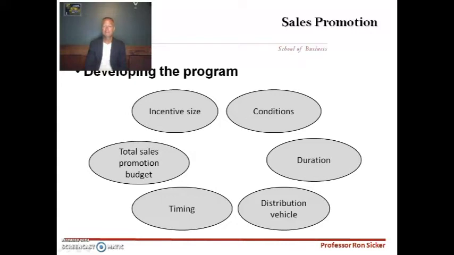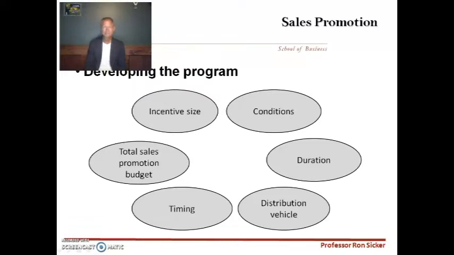Your incentive size. How much of a giveaway are you going to give off? How much of a discount are you going to give? If you're going to have a larger size, is it 30% larger, is it 25% larger? What are the conditions and the terms that apply? Do you have to buy one? For instance, with sales,